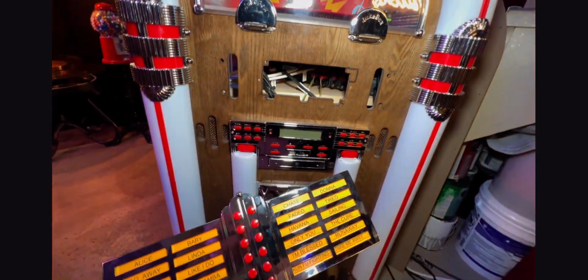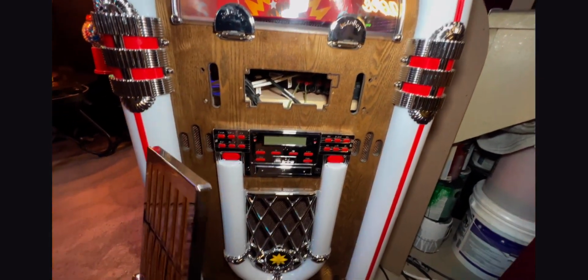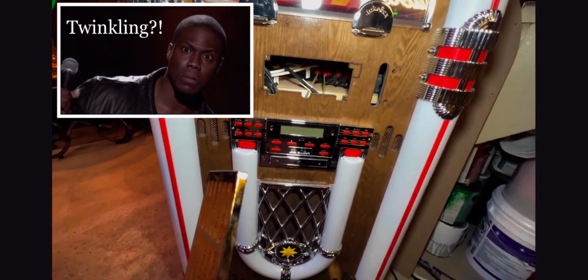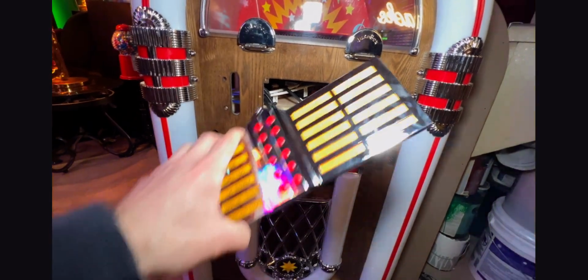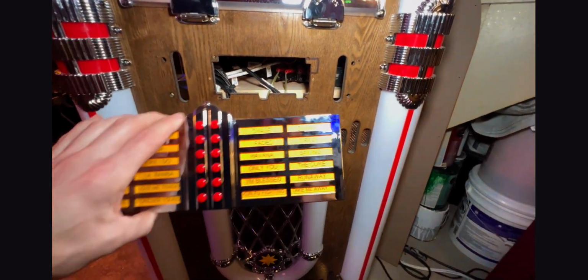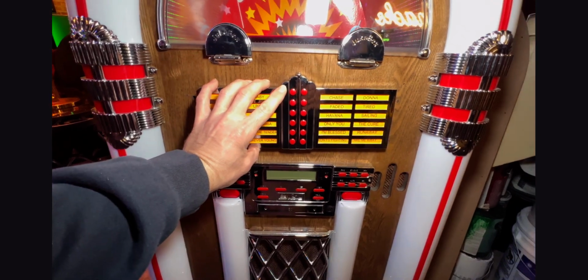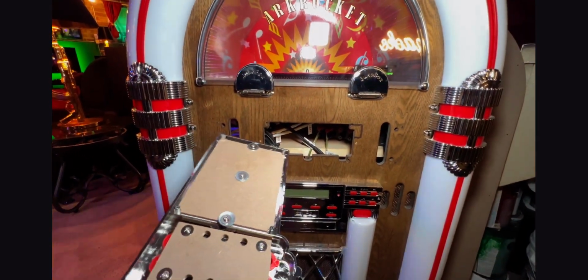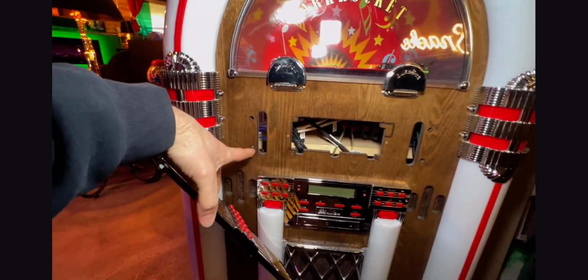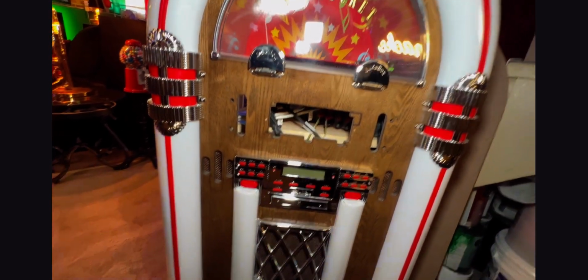Alright, so here we are about 2 weeks later, and after doing some research and thinking about some ideas on what I'm going to do with this, now that I've taken the old plate out, I've got this plate here that's completely useless to me. I mean, I could have made this work, but it would have taken a lot of modifying to this cabinet. These screw holes, none of them line up. The end caps here would have to be pushed over, re-drilled,